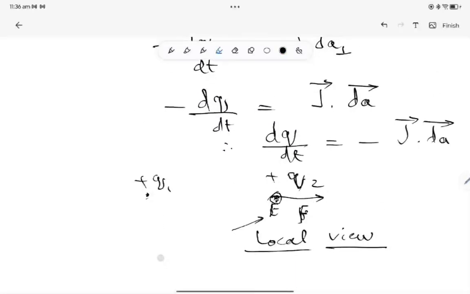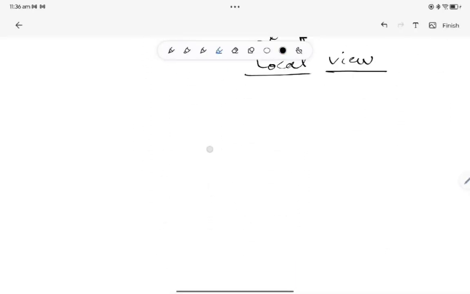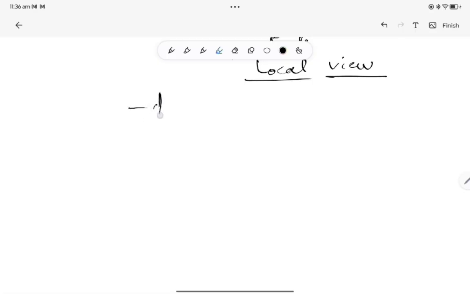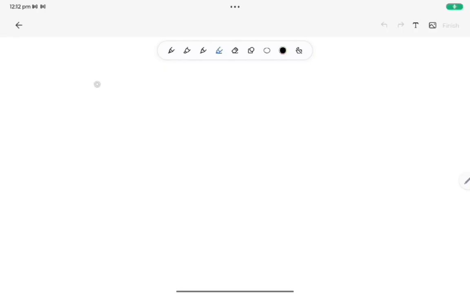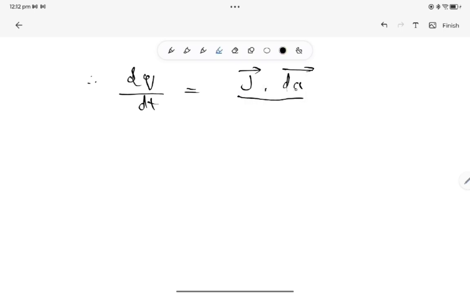Anyhow, we now have dq. So we have seen we have minus dq by dt equal to j dot dA. Therefore, dq by dt is equal to minus j dot dA. Now, this gives current through only the small patch of area dA. That is not the whole surface. For a whole surface, you will have to integrate it over the whole surface,